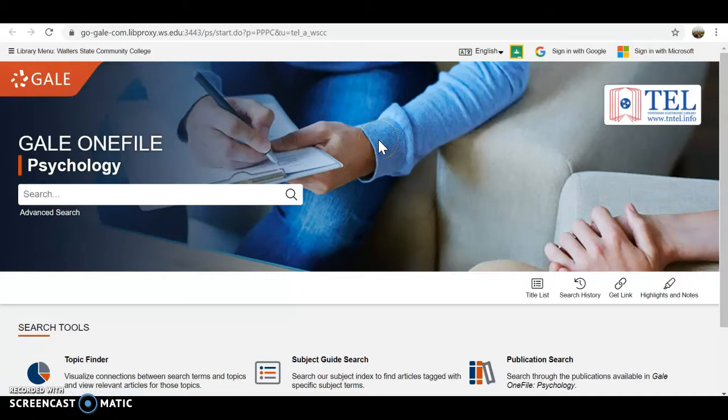If you've seen other videos regarding the psychology databases, this one actually looks a lot different compared to PsycArticles, EBSCOhost, and the ebook collection. It's owned by Gale, so it does have a few different attributes and the interface is definitely different. So we're going to start off searching in the advanced search box,